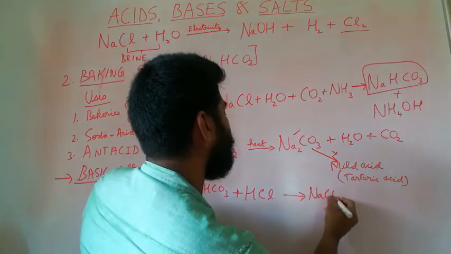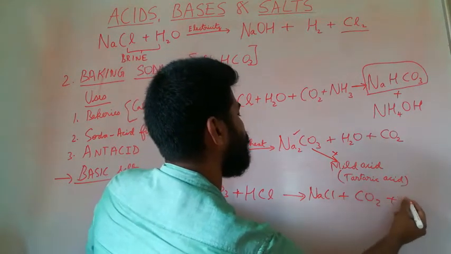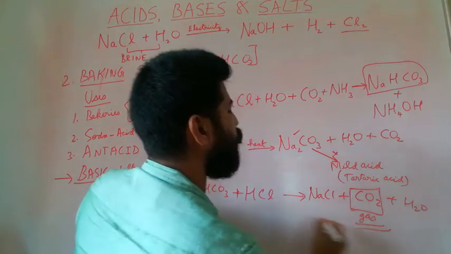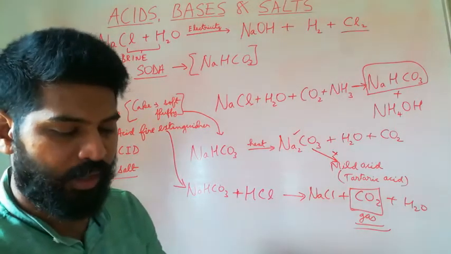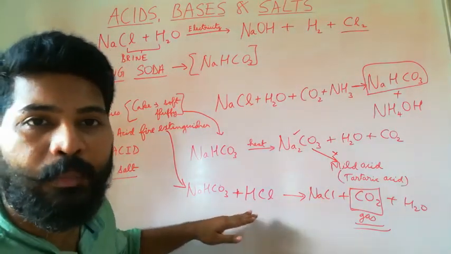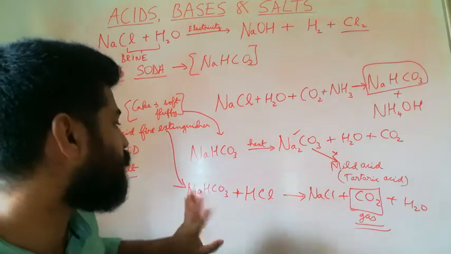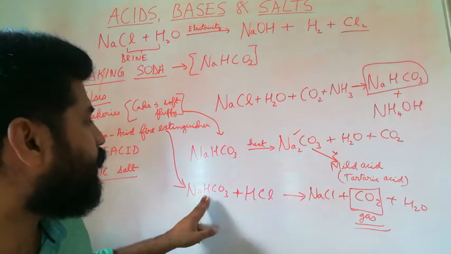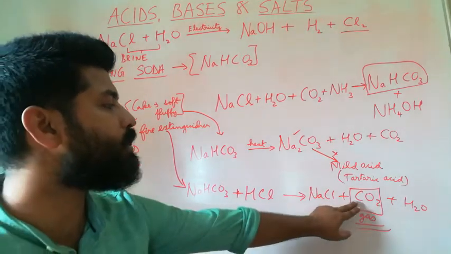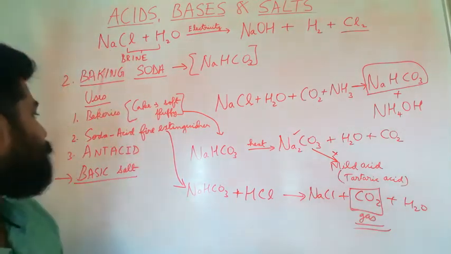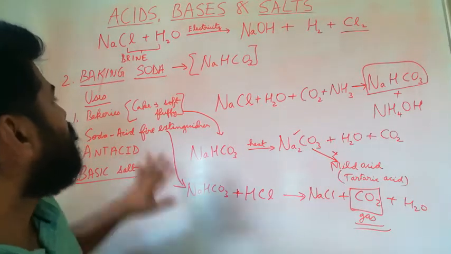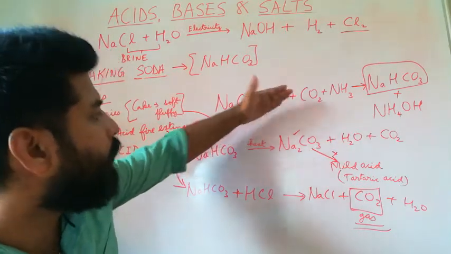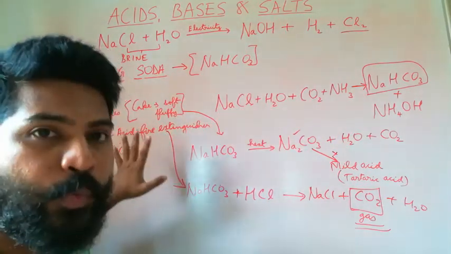So you get a salt, carbon dioxide and water. This carbon dioxide gas is used to extinguish fire. That is the chemical reaction behind soda acid fire extinguisher. So the acid will react. It could be sulfuric acid, it could be hydrochloric acid. It will react with the baking soda to produce carbon dioxide gas. That is about the second salt, baking soda, how it is prepared and what are its different uses with the